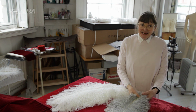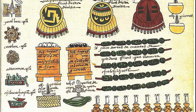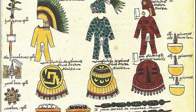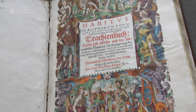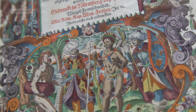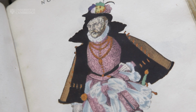The use of feathers, particularly ostrich feathers, seems to grow in the 16th century. 1521 was such a signal year also, because that is the year when Charles V brings over the extraordinary feather headdresses and feather clothing from the Americas that have been collected by Cortés. So Charles V gifts these to his sister, to other people who matter, so does Cortés. And an artist like Dürer saw these in Brussels in that same year, in 1521, and was absolutely amazed about